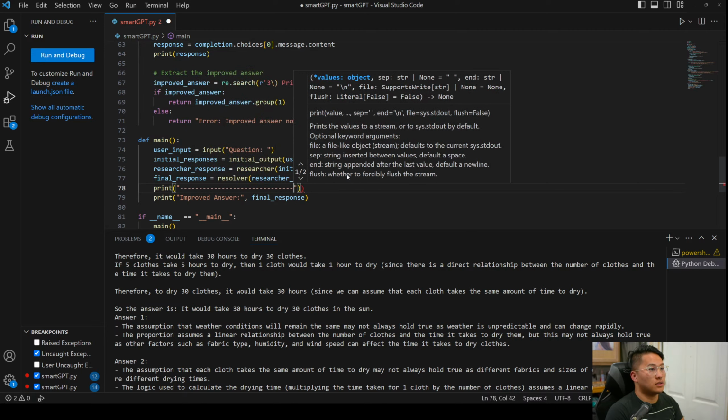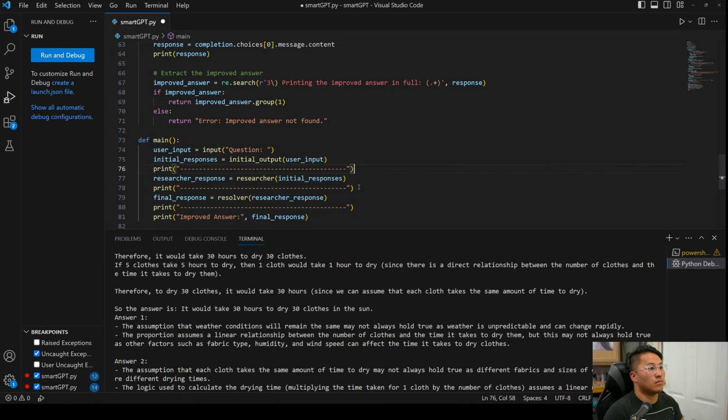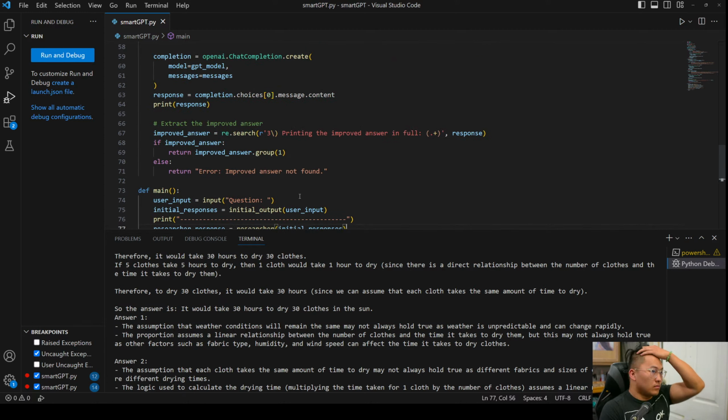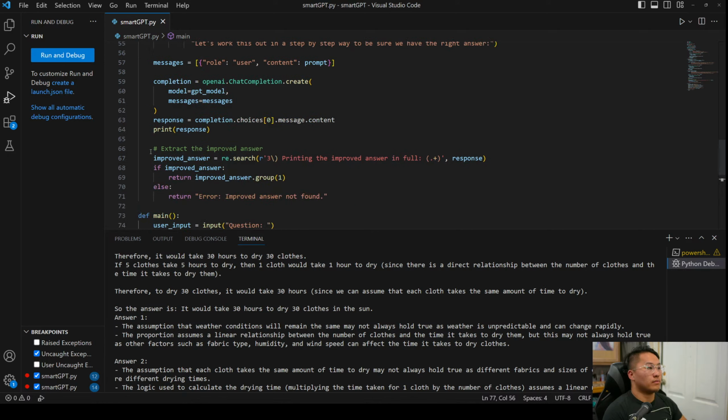Print. The issue is that the regex filter may break because they may not always say